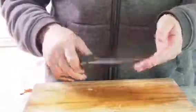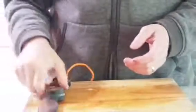Yeah, I think something about a recurve I really like. Some people complain that they're hard to sharpen. I don't think that